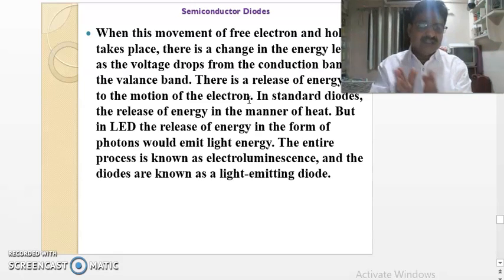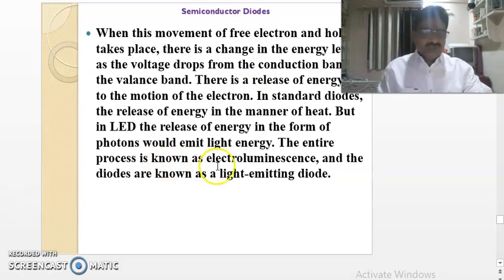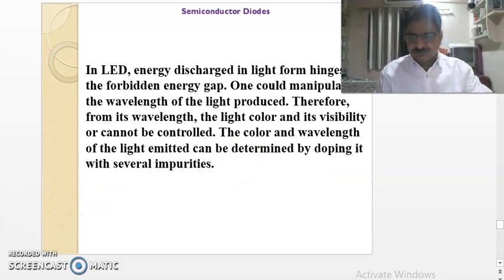But in a light emitting diode, this release of energy is in the form of photons and emits light energy. So in this forward biasing, the diode emits light energy continuously. In an LED, the energy discharged in light form